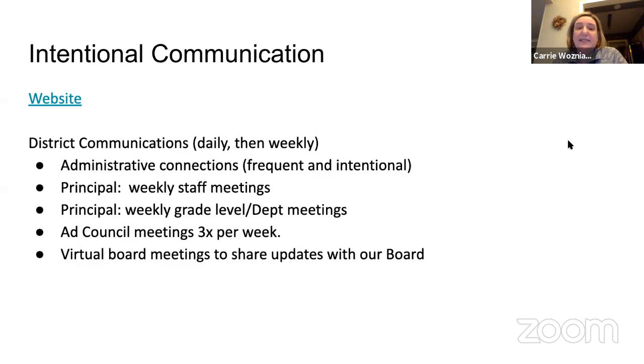The other piece, intentional communication. And this, again, is really something we had to be very mindful of because of the whole COVID-19 situation. When you're in a state of, and this is not reality, I keep telling people, this is not the way you would want to do blended learning or hybrid learning or any of those kinds of things. I mean, you want to be able to not have to stand 6 feet apart from people all the time. So I really stress that this is not reality.